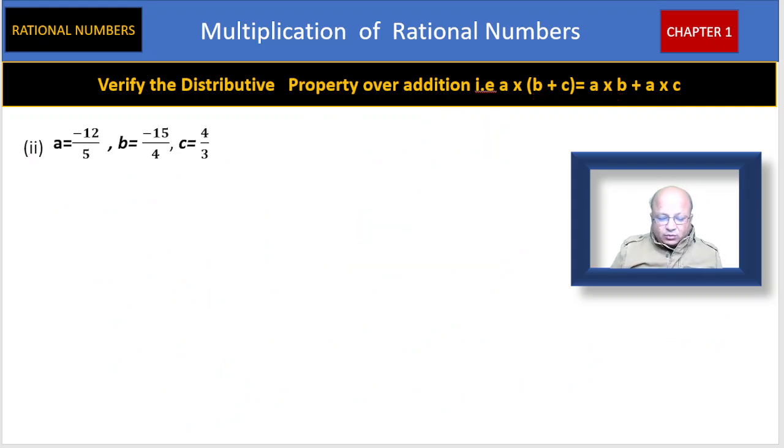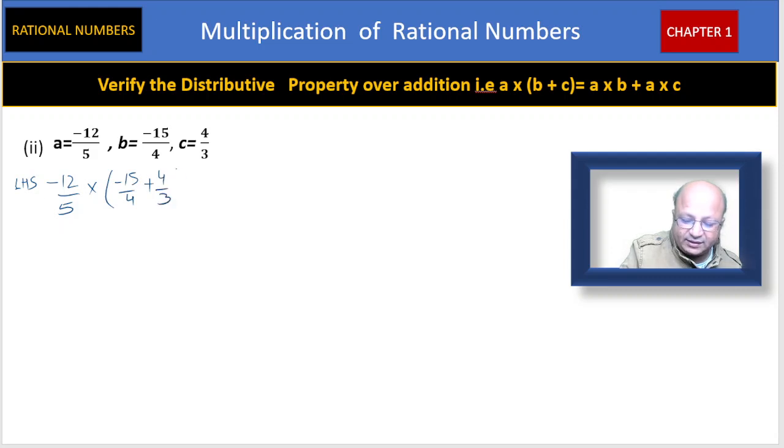Let's look at one more question. So A is equal to minus 12 upon 5. B is equal to minus 15 upon 4. C is equal to 4 upon 3. So substitute the value in the distributive property over addition. So minus 12 upon 5, let's take it as LHS. Minus 12 upon 5 multiply by, in bracket, B plus C, minus 15 upon 4 plus 4 upon 3